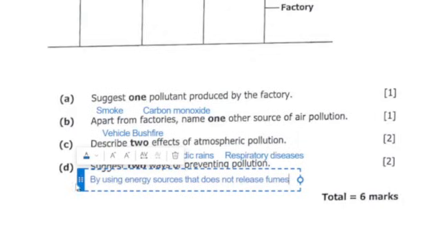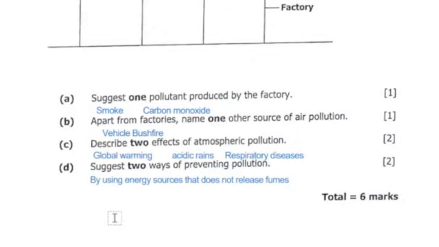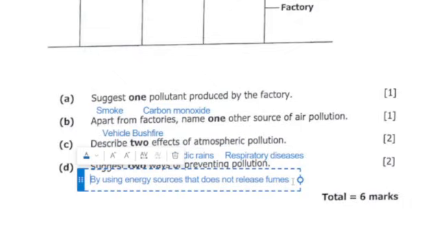Okay, that is the first one. So instead of using energy like in a factory that will produce fumes, we can use a different method. Instead of using coal, we can use electricity to heat whatever we want to heat. We use electricity as a source of heat. Then the other one, remember they want two, so the other one is